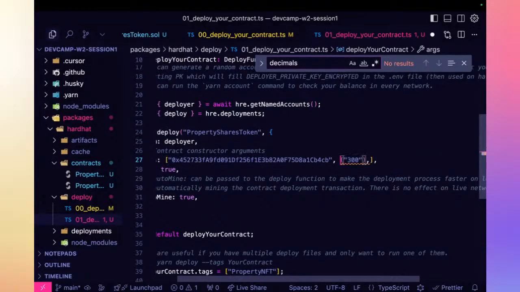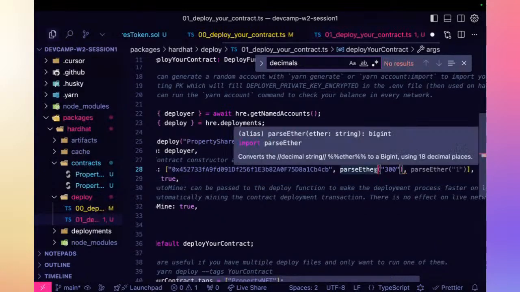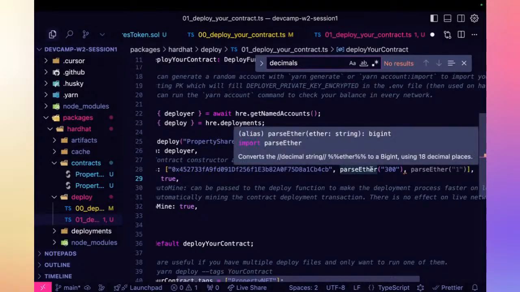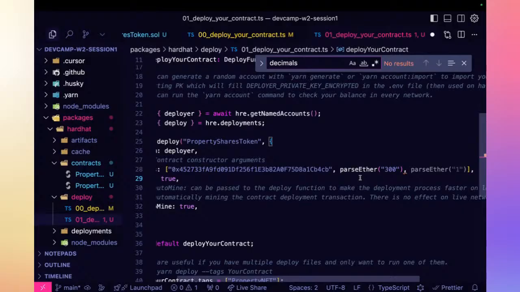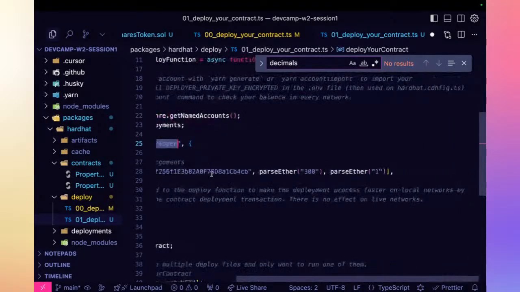But remember that we need to send the begin value. So here we pass ether as a string. So I'm setting 300 ether or 300 tokens, and it's going to be sending it to begin, so we don't have to handle all of the crazy decimals. And the last will be the share price. But ideally for this one, we would need to enter the value of the property divided by the amount of shares. So